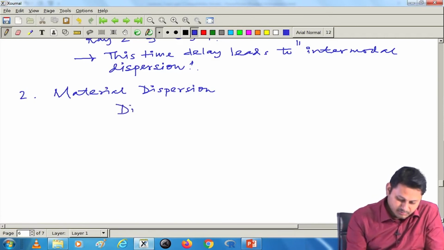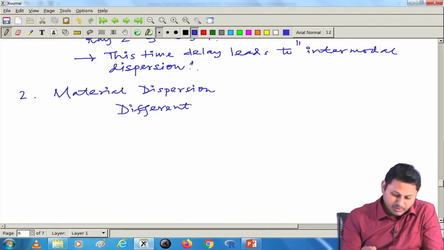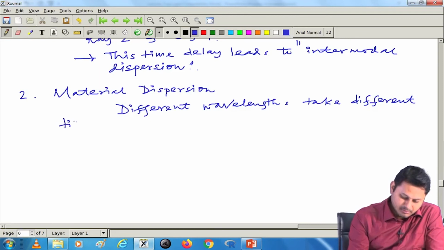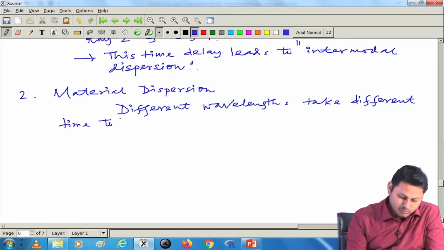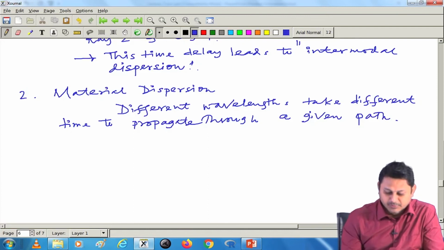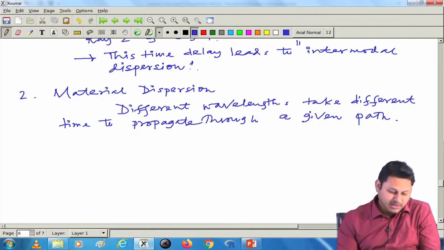In material dispersion, as I already mentioned, different wavelengths take different time to propagate through a given path. So, different wavelengths are taking different time to propagate a given path, and as a result